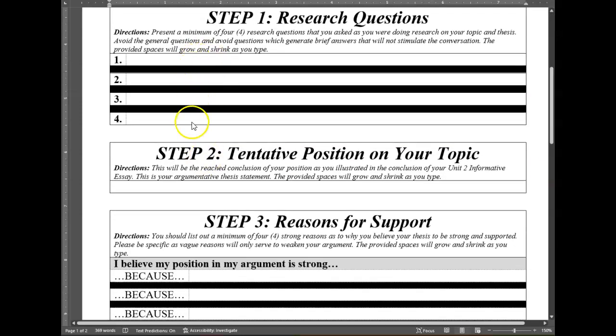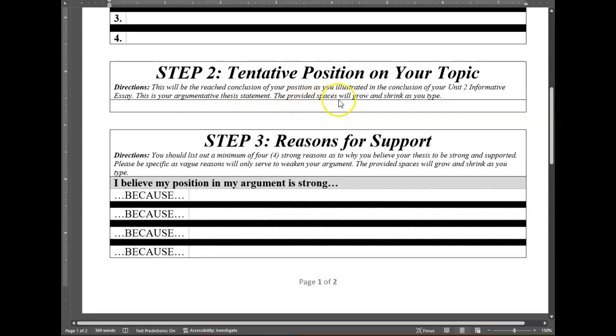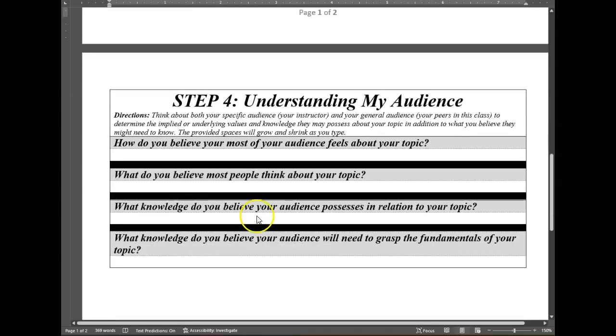Then you can ask your research questions that you should be covering this week. Your tentative position on your topic, basically which side are you kind of falling on. And then reasons for your support. Why do you think your side is stronger than the other? Because of this, because of this. Do not write, because I have statistics. Wonderful. The other side has statistics too. You have statistics that do what? You have examples that show what, okay? Give me that material. And then the understanding of my audience. Make sure that you answer these